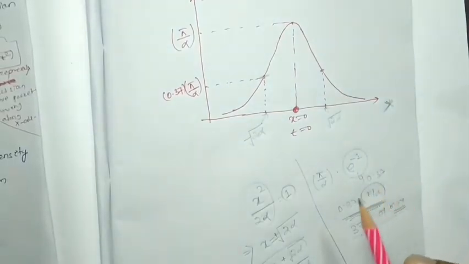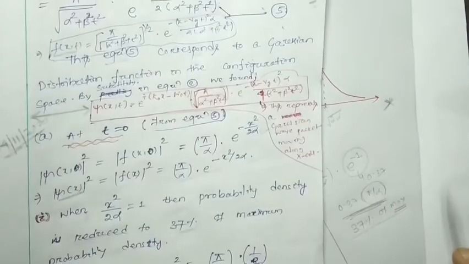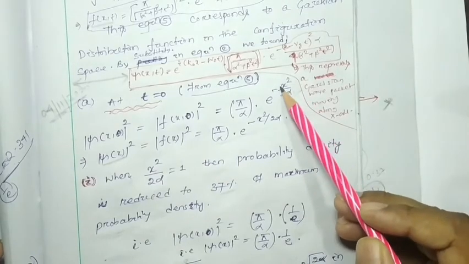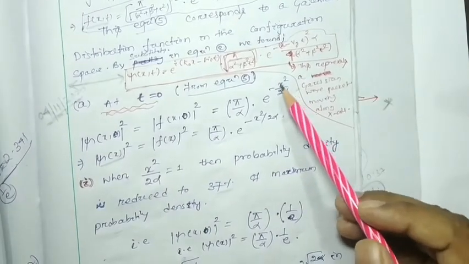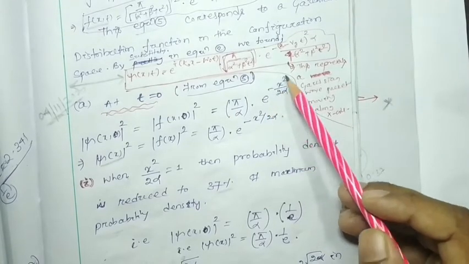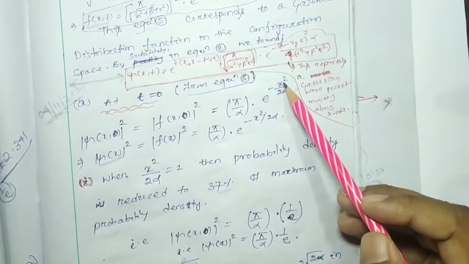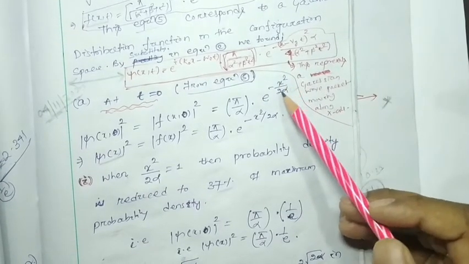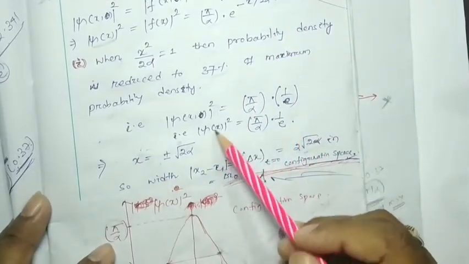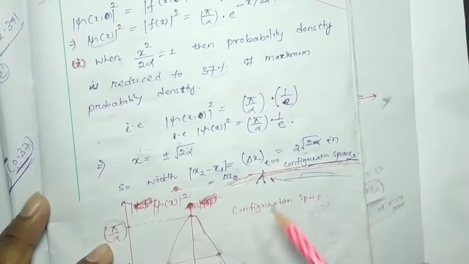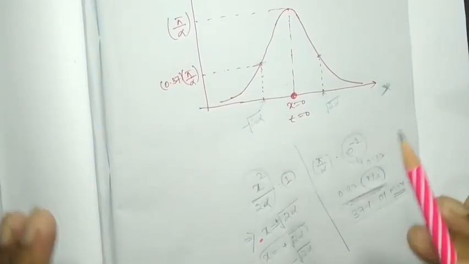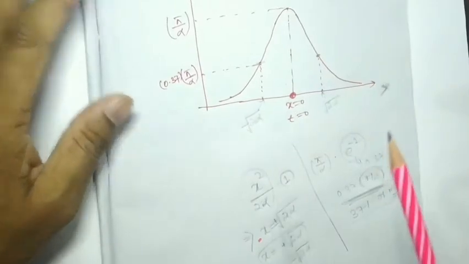So you can check also here. If you put x equal to plus root over 2 alpha, then it will cancel out and it will be e to the power minus 1. Also if you consider minus root over 2 alpha instead of x, you are also going to get e to the power minus 1. I suggest that you write this step by step in your note also. Okay. So what we found, you have to watch carefully. I am going to explain these things because they are somewhat important and also somewhat tricky.